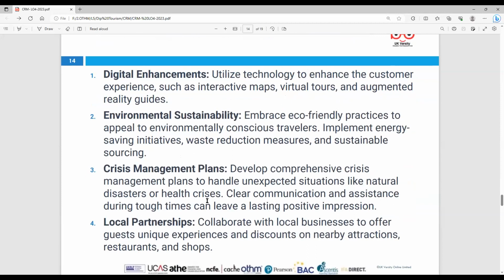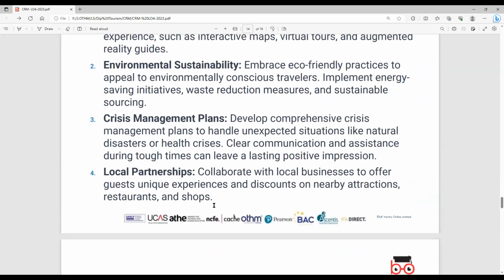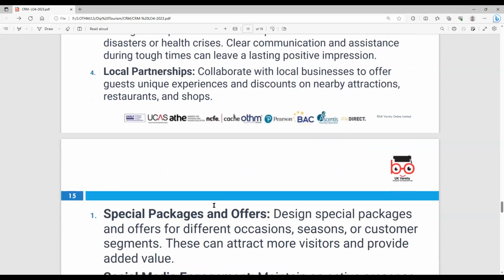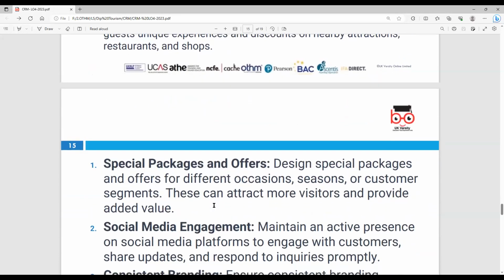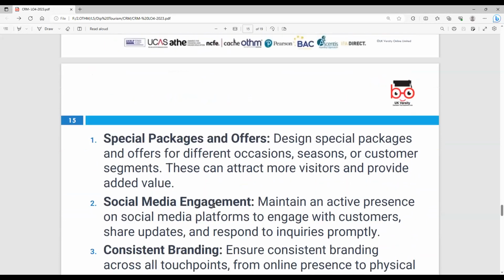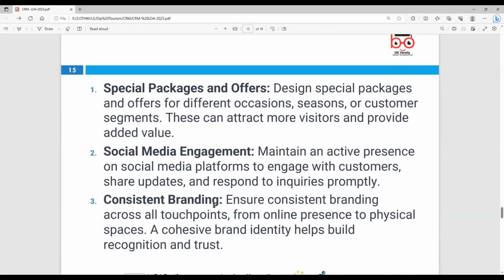Is there a customer crisis plan, or crisis management plan, or a local partnership, i.e. the local businesses, are they there to offer help to customers, or attract them, or collaborate with them? Is there a loyalty program? Is there a special compensation package for these guys? Or is there any kind of visitor program? You visit the customers, or you engage with them,